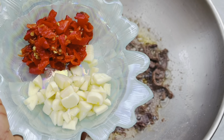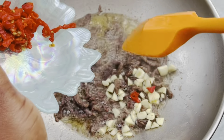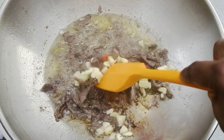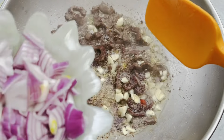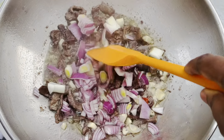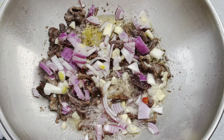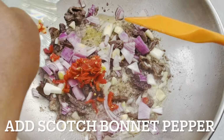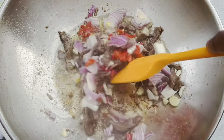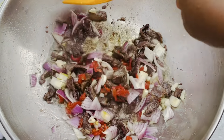Next, I'm going to be adding some garlic, already cut up garlic. And some purple onions already cut up. And then some Scotch bonnet pepper. After allowing this to cook for about 3 minutes,